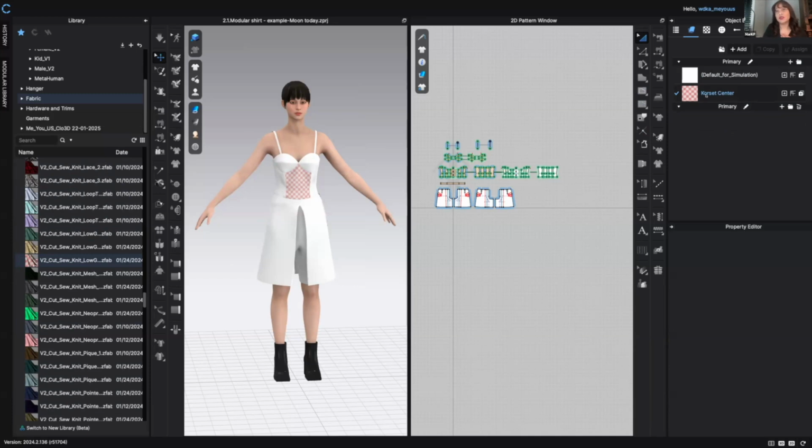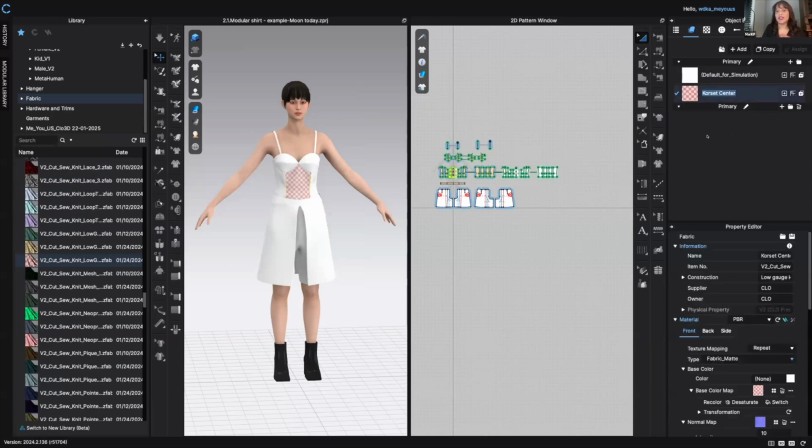First is to rename it by double clicking and give it the appropriate name so you can identify it. But you can also say copy and then rename this one, for example, corset sides. And the reason we would make a copy is that maybe I want to change the physical properties, or maybe I want to change the print of the material,